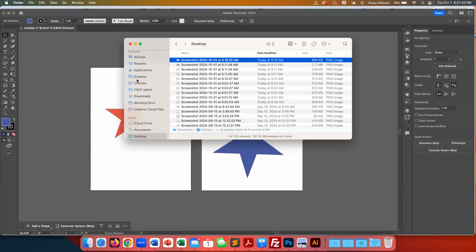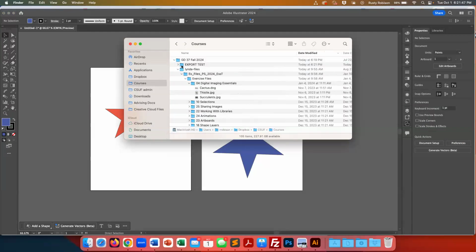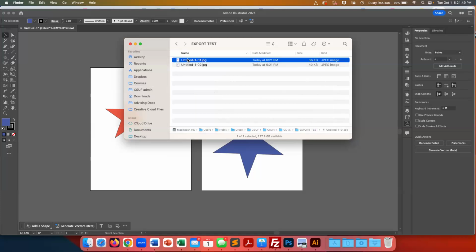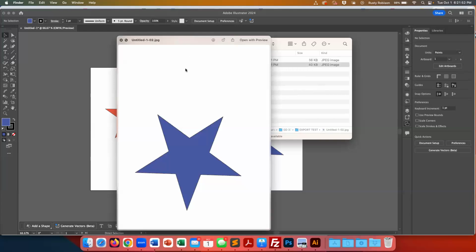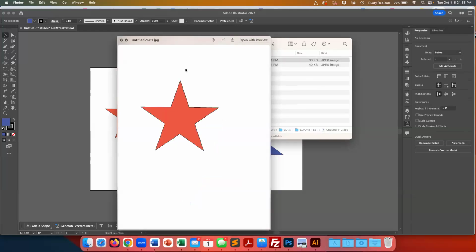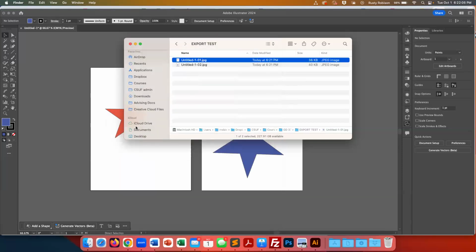And then let's go to the Finder and find that folder, export text. And here I have, one's called 01 and one is called 02. Didn't maintain the artboard name. Maybe there's a setting you have to use for that. I've seen it done. But anyway,